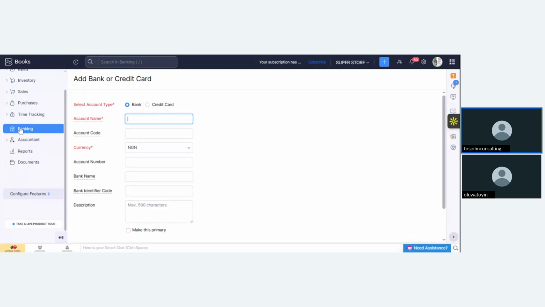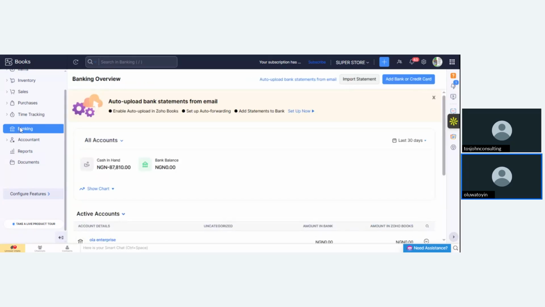So that when you are doing your posting, you receive money from GT Bank, of course, you choose GT Bank. Is the money going out? Is it coming in? You put it there. So you are not mixing, you are not using your personal Kuda Bank account in the accounting software.